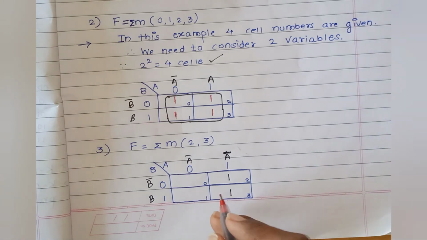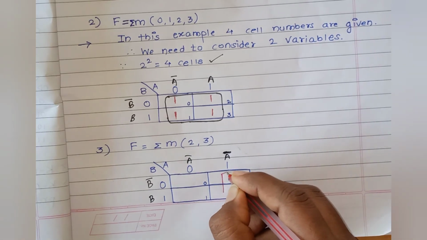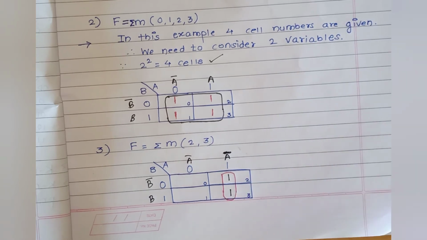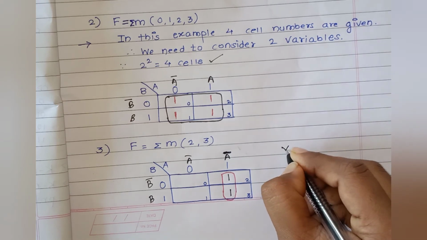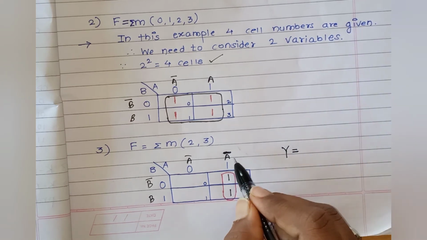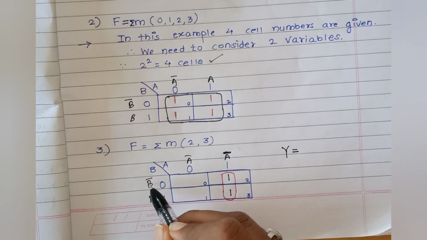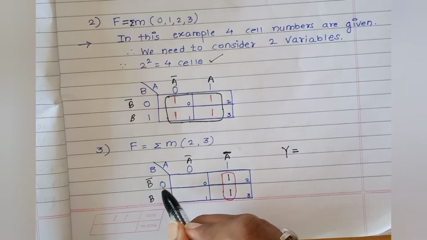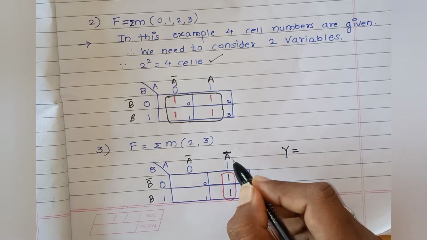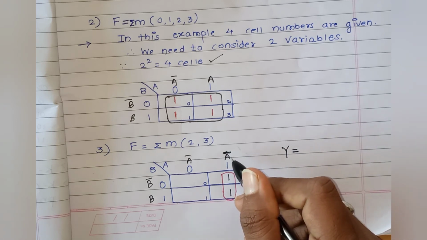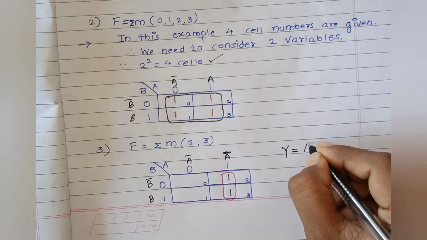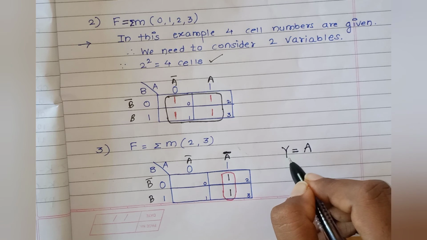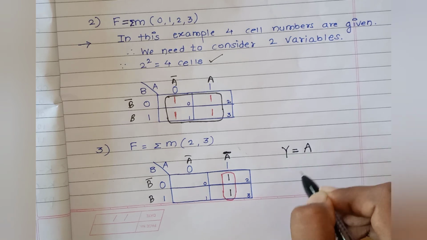Now we will form the pairs. Here only 2 ones are there, so we can form the pair like this. After pairing this, we can write the final expression. So let us write down the final expression. Y is equal to, how many rows are involved in this pair? 2, that is B bar and B, but initially it was 0, then it becomes 1, so we cannot consider the variable B. If you observe the variable A, then A is constant, initially it was 1 and for the second one also 1, so we can write down A. So we are getting the expression here as y is equal to A.